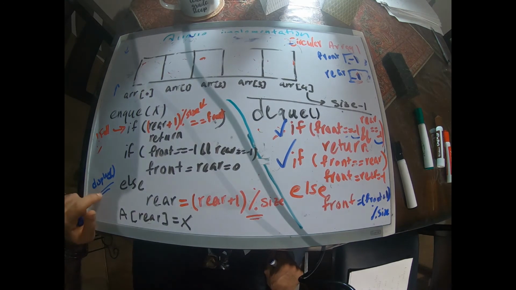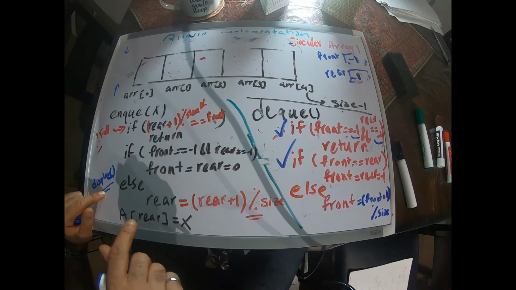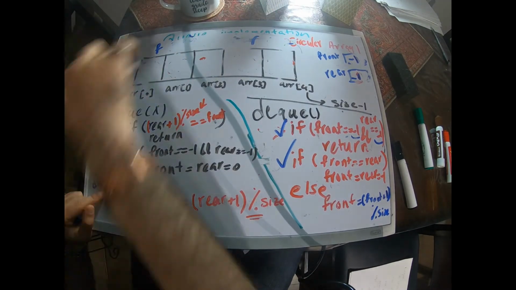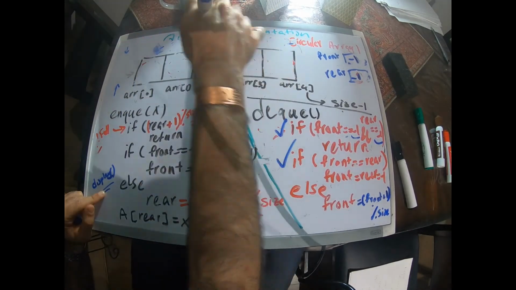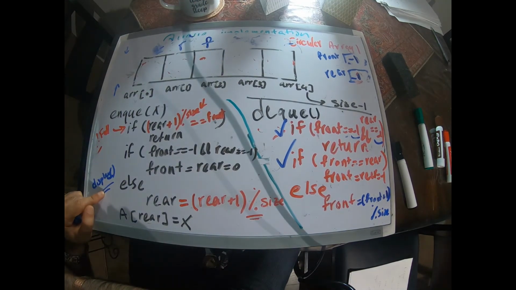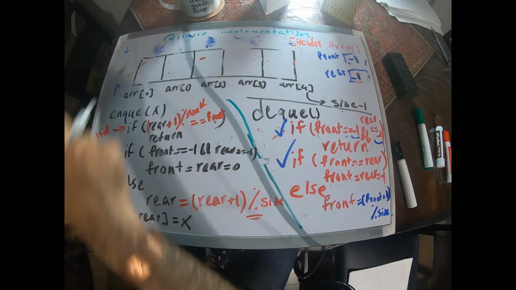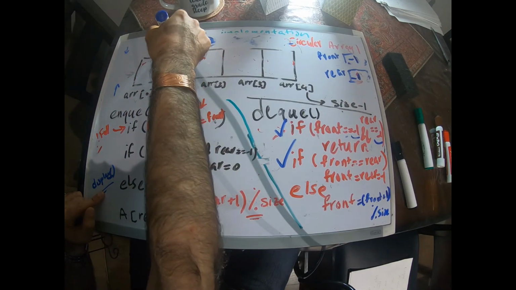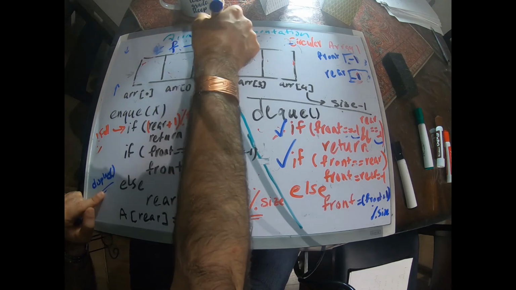But you have to be careful how you write that loop, because in a circular array we can have front before the rear, but we can also have rear before the front. So it's not going to be just writing a simple loop going from front to rear,